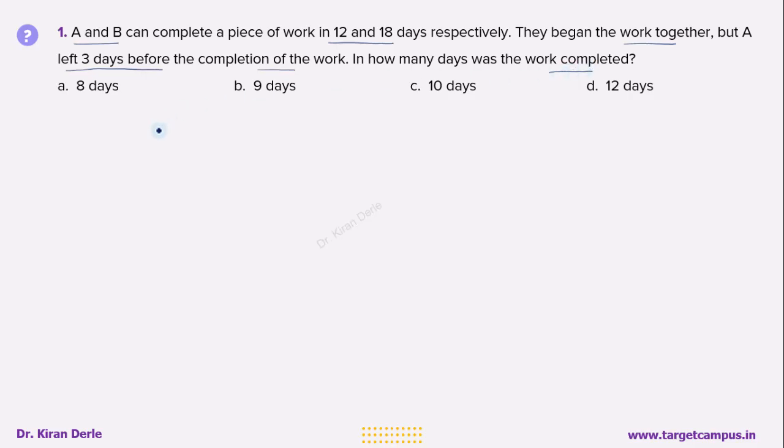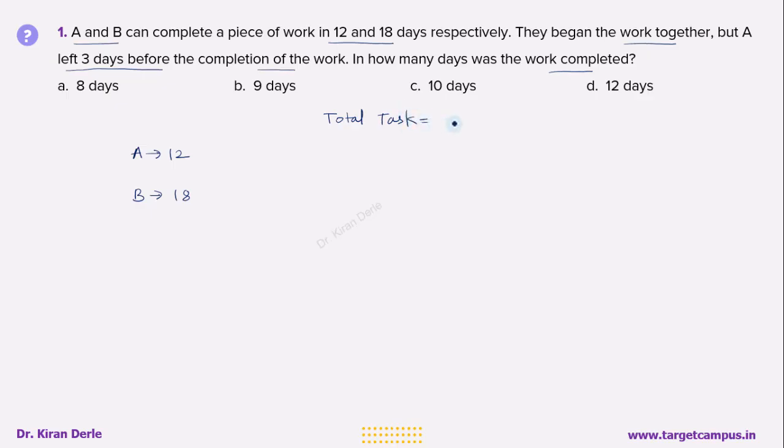If you are clear with the basic concept of time and work, and especially for this question the concept of units approach, this question is just a cakewalk. See how. A can complete the task in 12 days. B can do the same task in 18 days. This is given to us. So we'll assume the total task